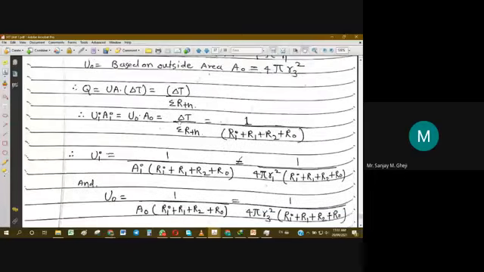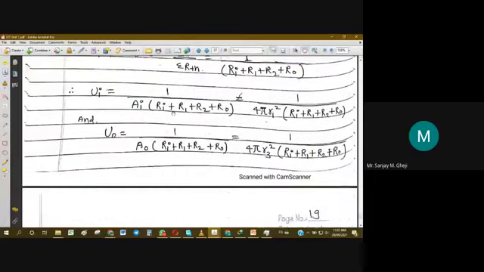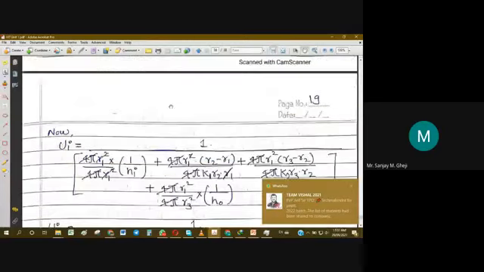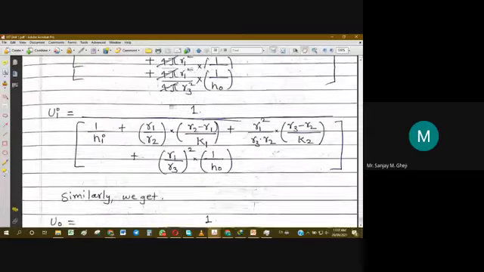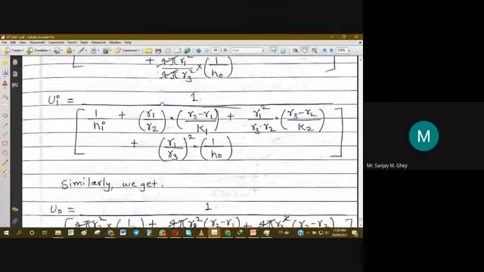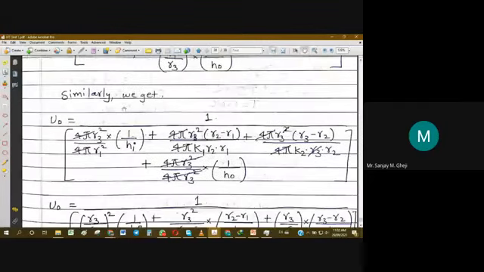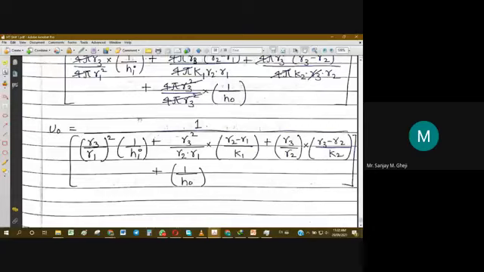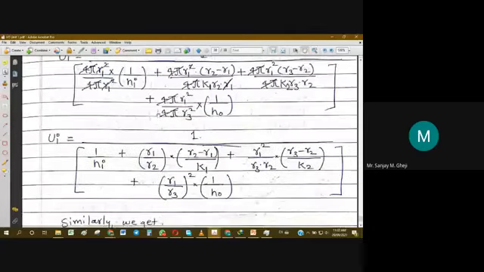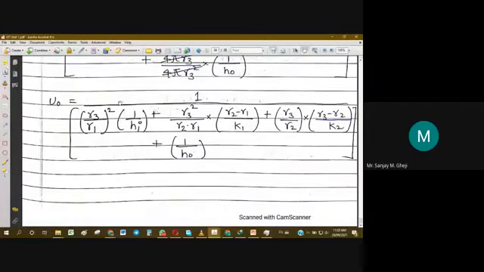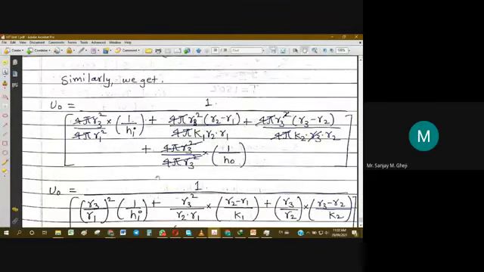The same mathematical steps we have to do, just as we did in the case of hollow cylinder. You have to go through all these calculation steps, and you have to go on cancelling out common terms, and thereby you finally get this relation. I'm not explaining all these steps because these are very similar to the earlier case of hollow cylinder. This you can do as your home exercise. Okay, so finally we get the relations for UI and UO in this form.